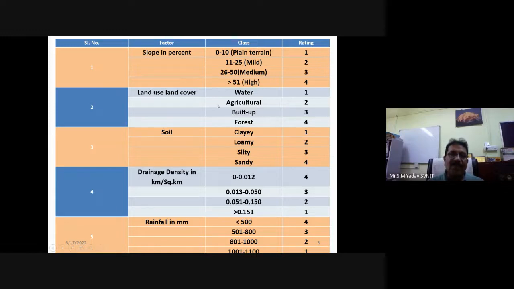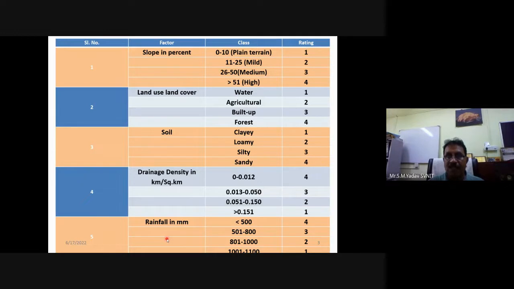At the same time, when we are talking about flood hazard, you should know how each factor influences the flood hazard. Right? So how slope influences, how land cover influences, how soil influences, how drainage density influences, how rainfall influences the flood hazard. If you have considered in your analysis, some of you may be doing this kind of work, other factors like road network intersections per square